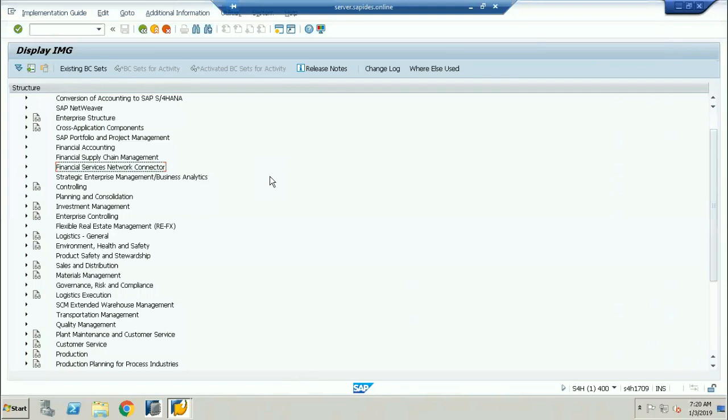We don't have an extension ledger in SAP ECC. This is mainly for adjustment purposes. Tomorrow's class is specifically designed for extension ledgers and currency types: what currency types we had earlier in SAP ECC, and what currency types have been modified in SAP S/4HANA. These are all interrelated. We are going to discuss ledgers, currency types, non-leading ledgers, accounting principles, and ledger groups, all interrelated with each other.